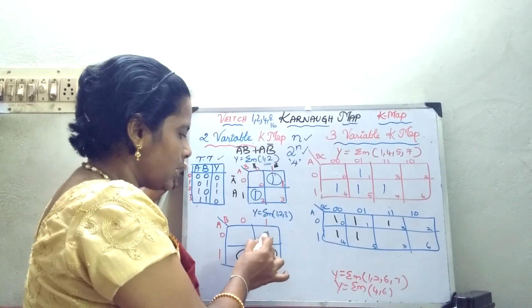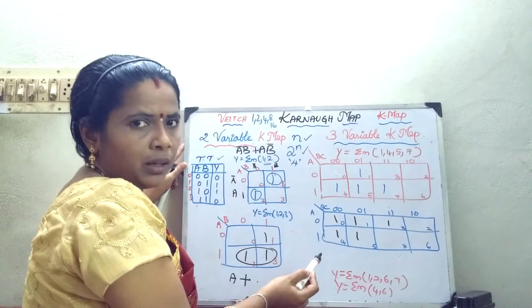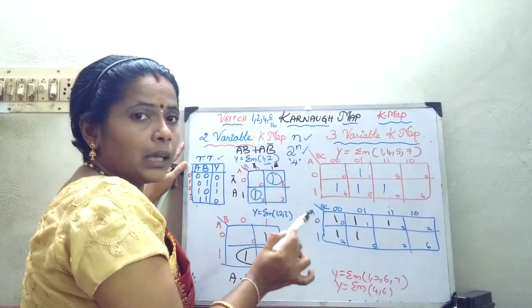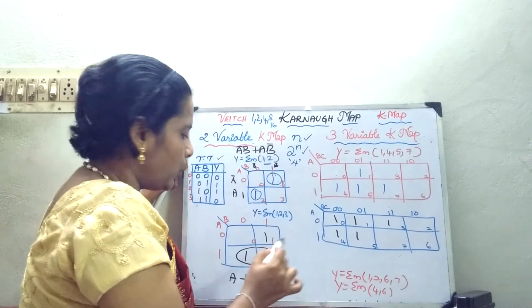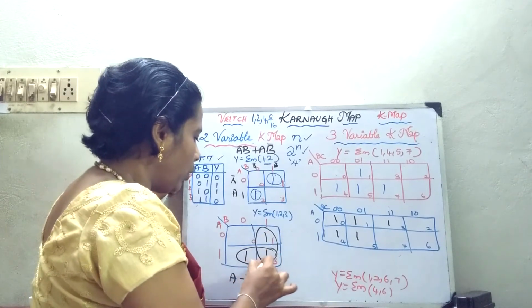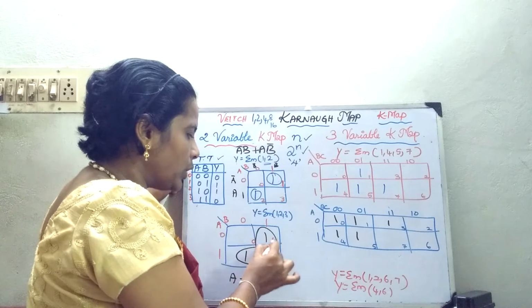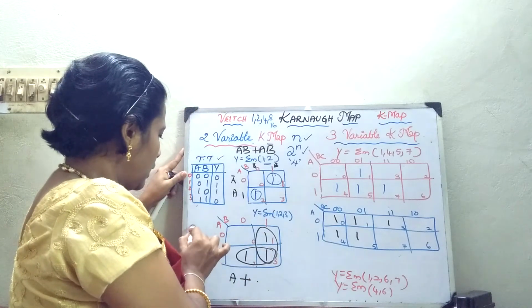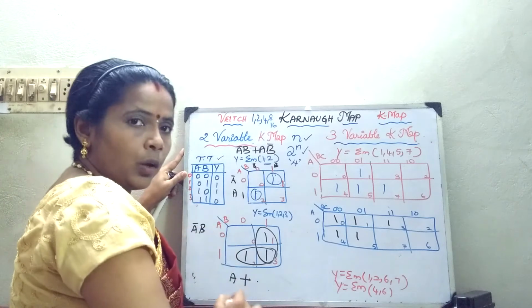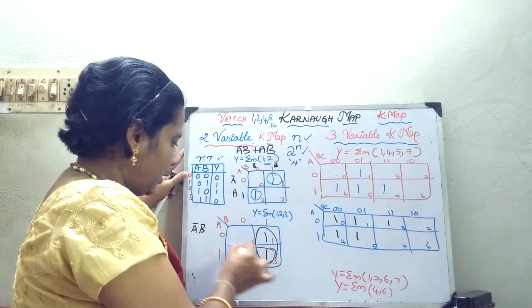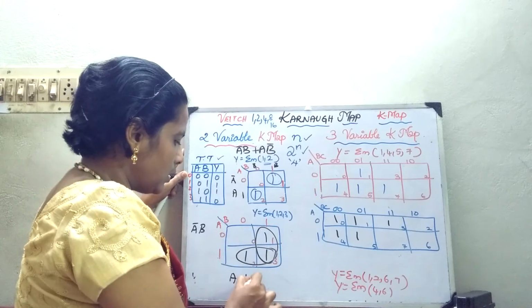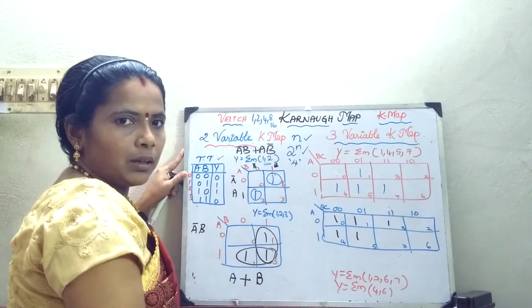So, we will go for a single grouping and we will finish it off, right? But that is not the case. Always go in for a grouping. If overlapping is necessary, you do. So, in that case, I am going to do an overlapping, because if I am going to do without overlapping, what is the term I will get for this term alone? Let us see, it is A bar B. When I do an overlapping, row wise it is not matching, column wise it is matching. You can see.